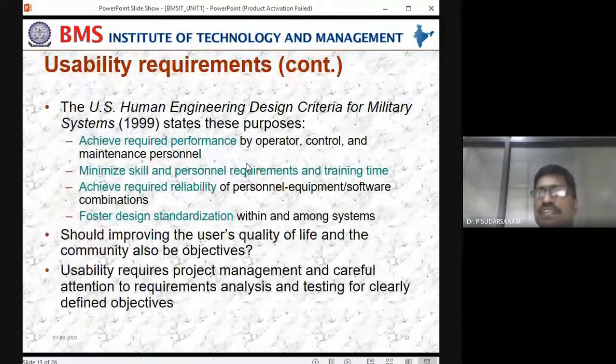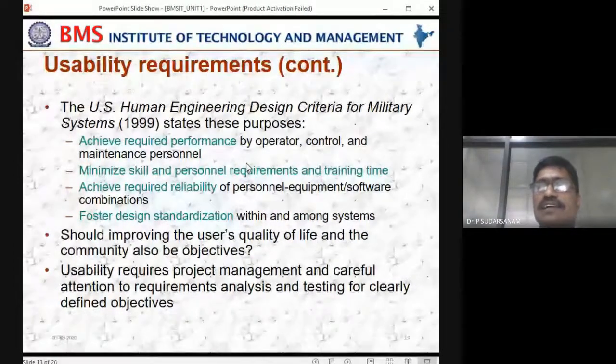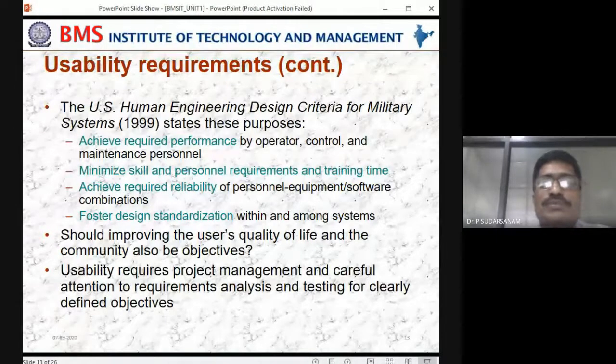So usability requirements. What is the requirement for usability requirements? When you are using usability requirements, what is the role for the UID? The US Human Engineering Design Criteria for Military Systems, 1999, state these purposes.